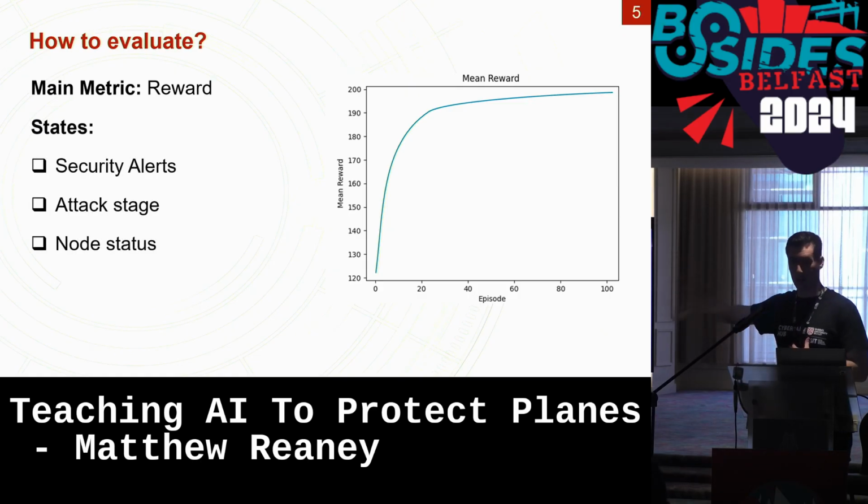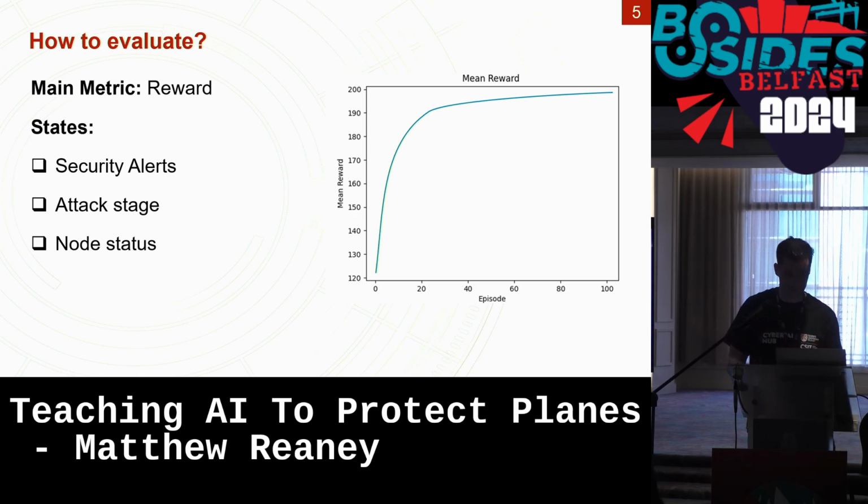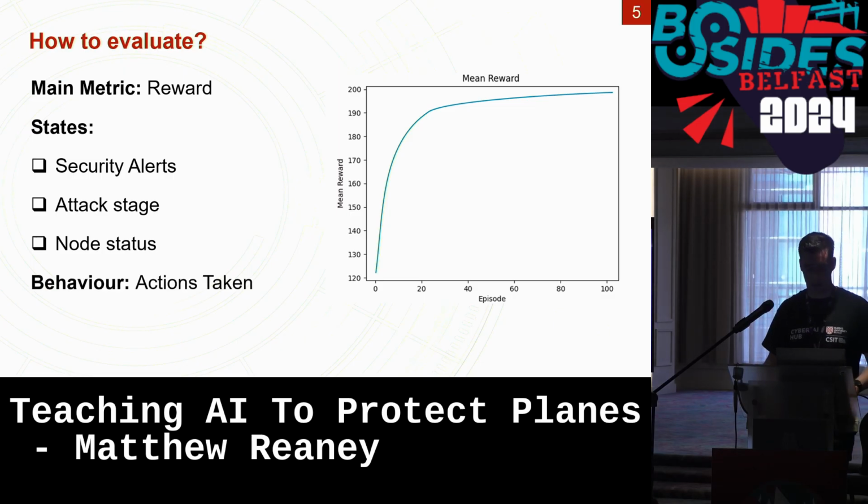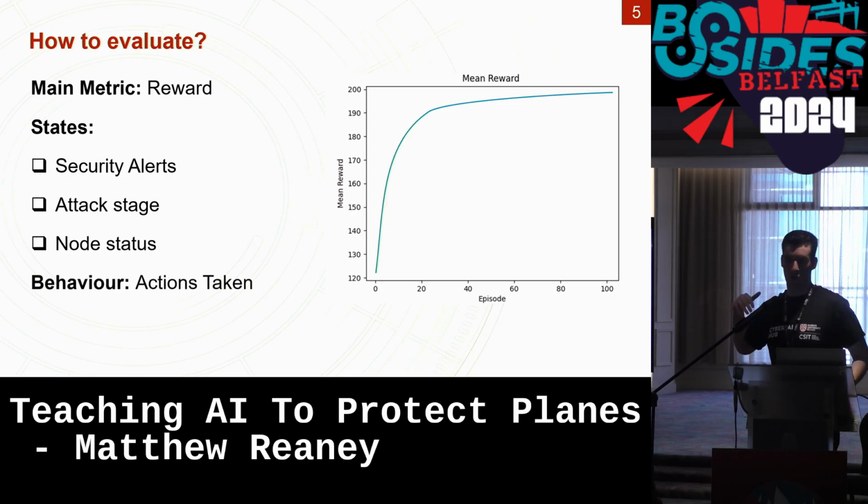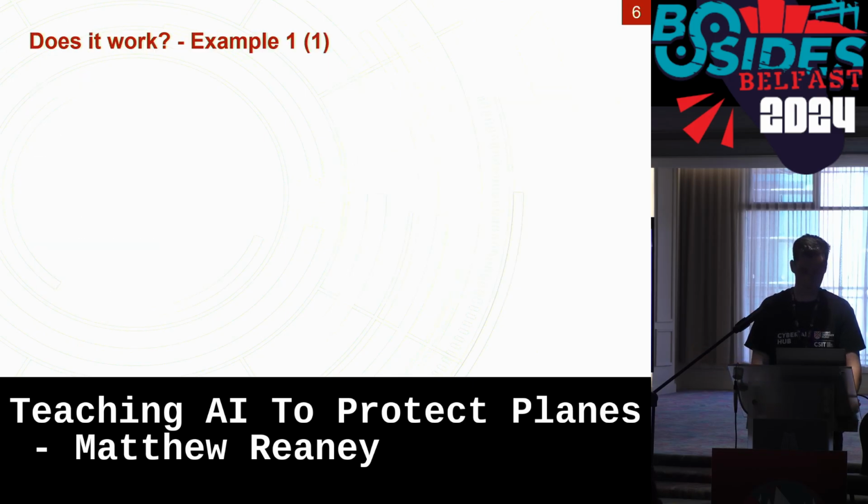We also have all the state information I was talking about, and we can get insights from that of what the actual state of the network is, rather than just always trusting that the reward is high, so everything's perfect. And as I said, the behaviour, you can start to picture together once you gather all these things and look at the actions that the agent is actually taking to see, is this a good action to take? And for us looking in, it's often quite obvious.